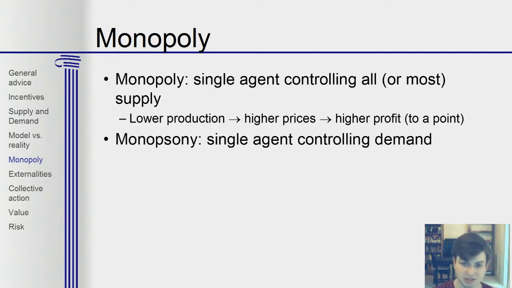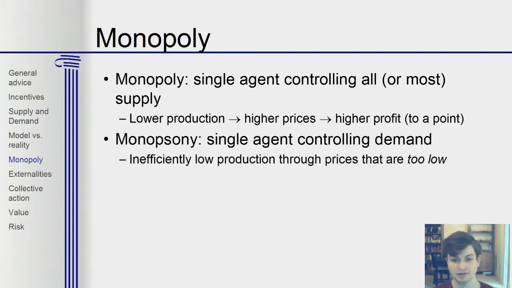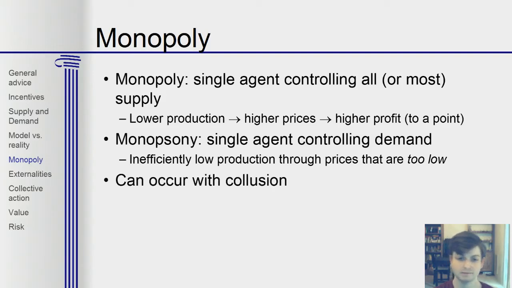Right. Now, the opposite effect can also happen with monopsony. This is less common, but can occur. This is where a single agent controls all of the demand, and they do the opposite. They reduce the amount they're willing to buy in order to push prices down, which makes them happier. But both of these things prevent some transactions from occurring at the margin and make some of this surplus benefit to society go away. Now, this can occur not just when one person controls all of the supply or demand,